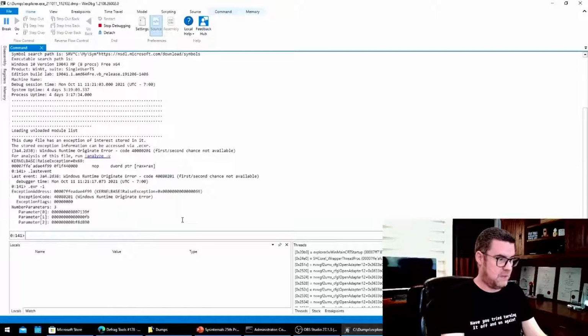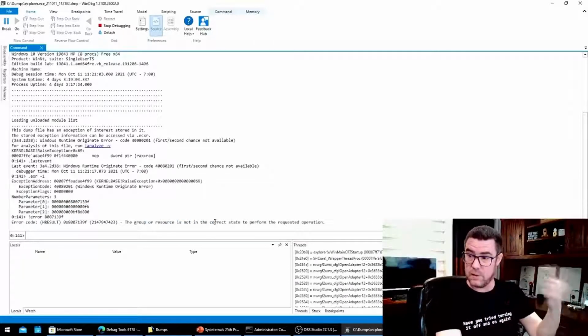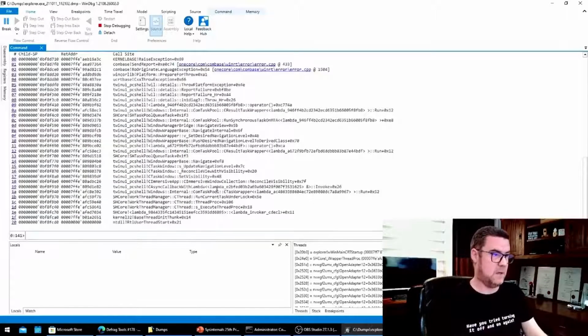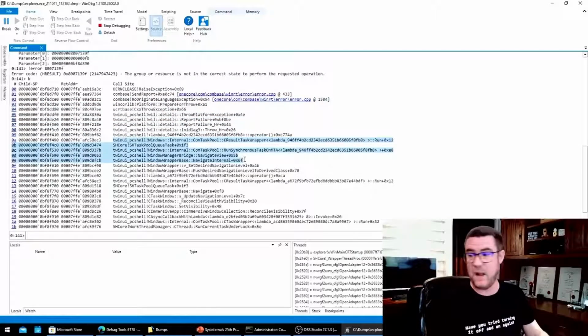Show me the exception information. It has 3 parameters. Once again, it has a code, and we get information about that. And as I said, because we're at the throw, not at the catch, we can just press K and see the code. And you can see some reporting code, and this is the code around here somewhere that originated the issue.